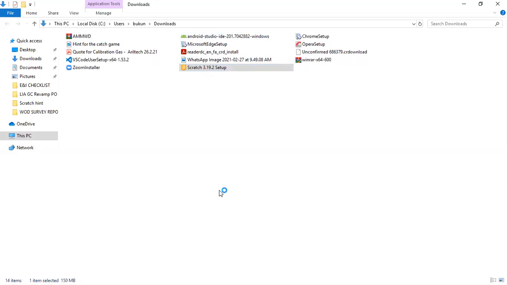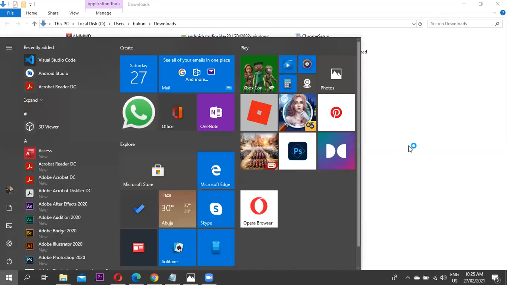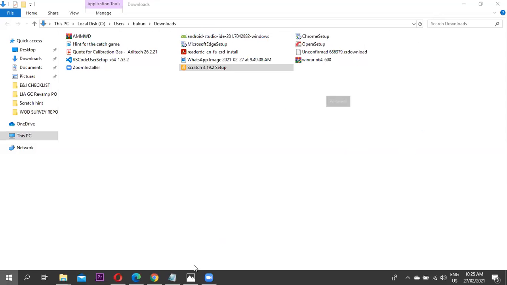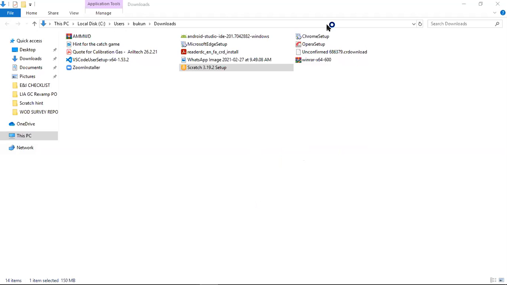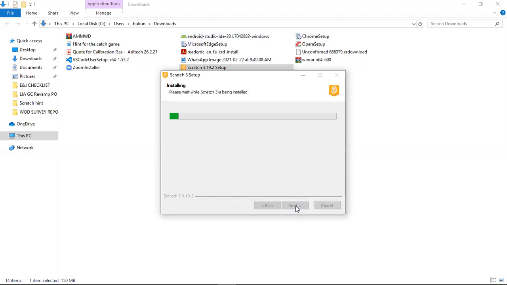When I'm done clicking yes, what do I do? It's going to load based on your system. This is on how to install it on Windows, not on Mac, but Mac also follows the same process. I don't want it to take too much time. It's asking if anyone that uses my computer should be able to use it, so I pick the user, then I click on install.